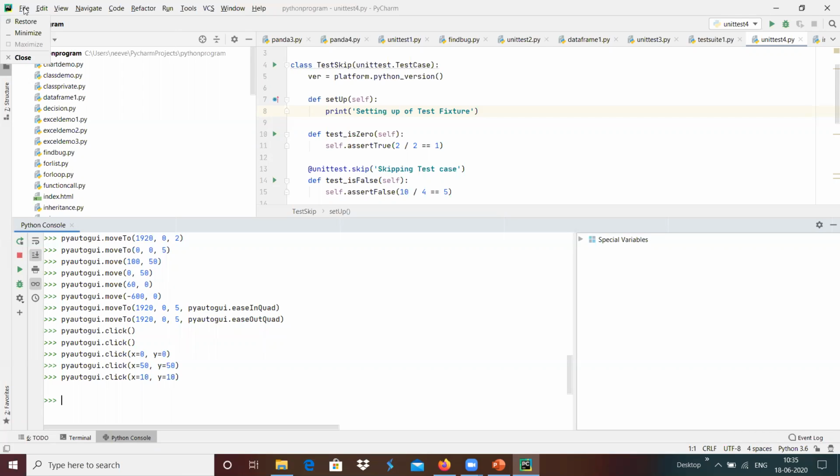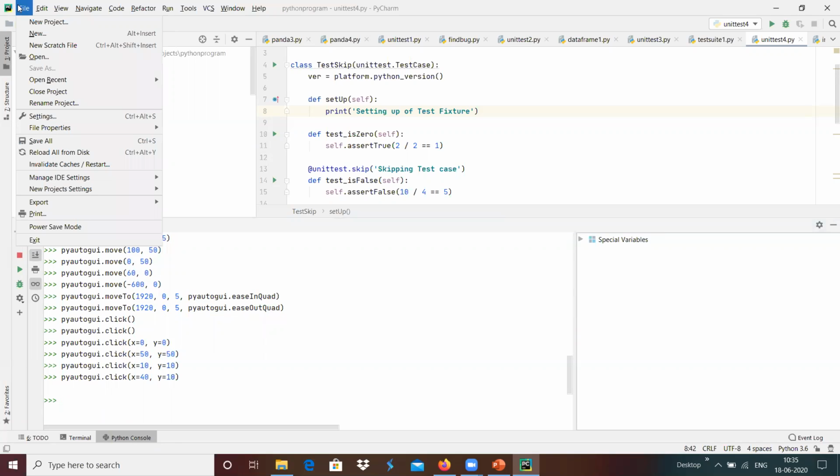Maybe the X direction is 10 and 40, we will see what is happening. If X is 40 and Y is 10, then wherever the mouse cursor is, it moves to that location of x40 and y10, and then it generates a mouse event at that location.